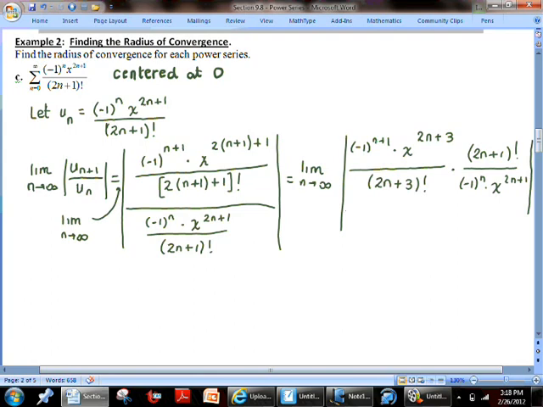Because we're talking about something that's inside of absolute values, it's going to be a +1 no matter what. And the same can be said for this guy down here. So essentially you can just ignore those two things. And then as far as the x exponents here, the 2n plus 3 with the 2n plus 1,